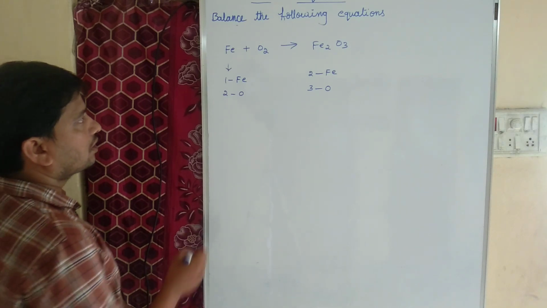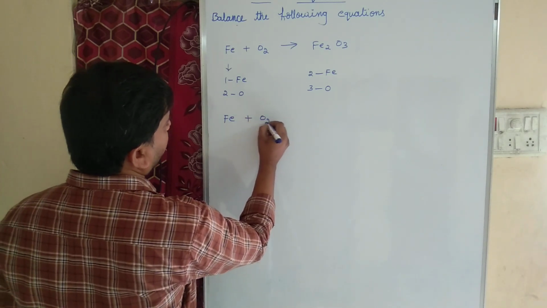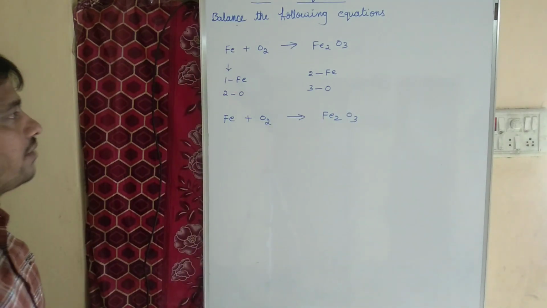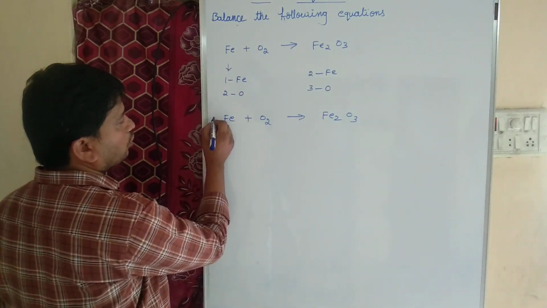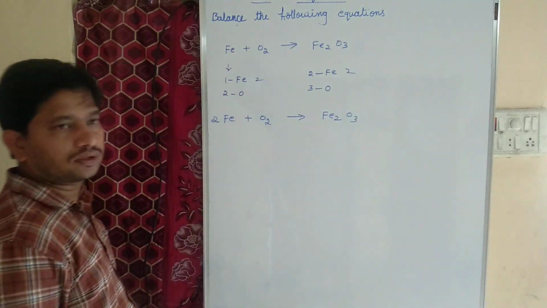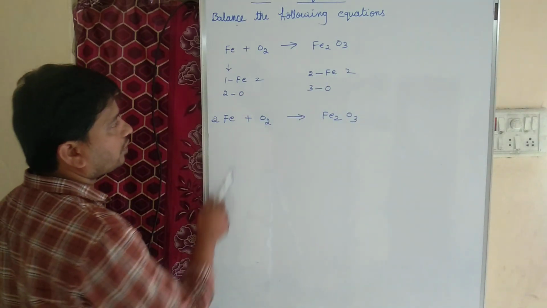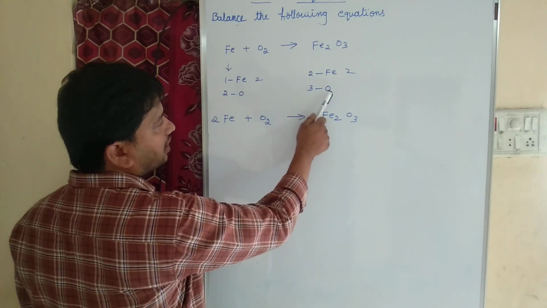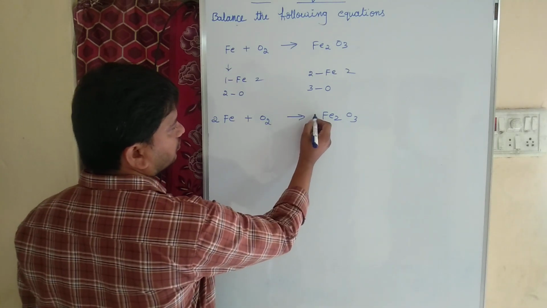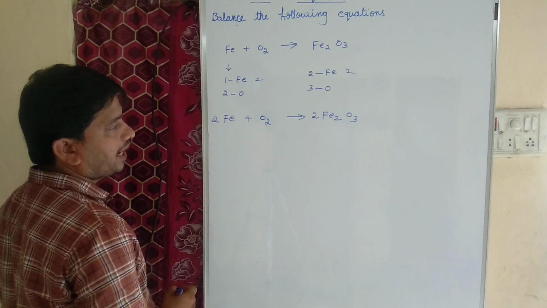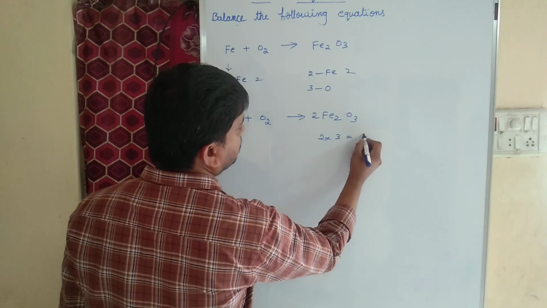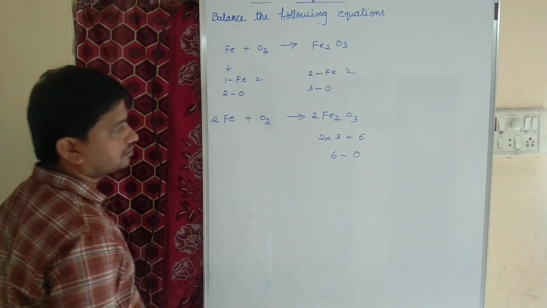Is it a balanced equation? Of course, which is not a balanced equation. Let me write once again. Fe plus O2 gives rise to Fe2O3. Children, I have 2 atoms of iron on RHS. Let me put over here 2. Now iron gets balanced. 2, 2. But whereas here I have 2 atoms of oxygen, but whereas here 3 atoms of oxygen. So if I add here 2, then this 2 into 3, this will become 6. I mean 6 atoms of oxygen.